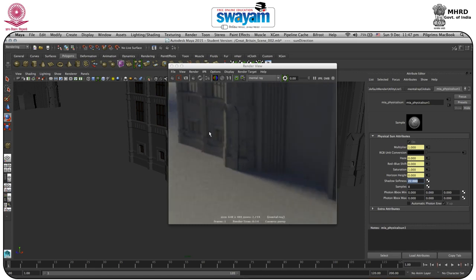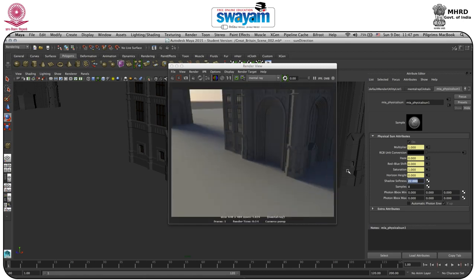If I zoom this, as you can also know that we are in low quality, but if you still want to work in the grains, here you have the grains. So what you have to do, just go to shadow softness, and we have just increased it by 22. Okay, fine, but we will go to samples for targeting this particular grains. So samples we will increase somehow around, I think, 70. So you can increase it according to your need, and after that we'll render another data, and let's have a look.